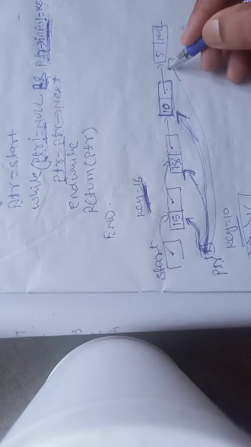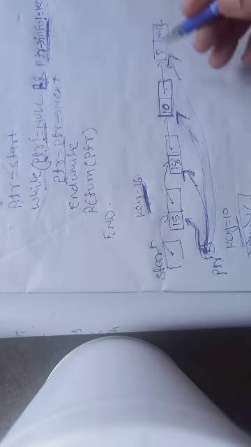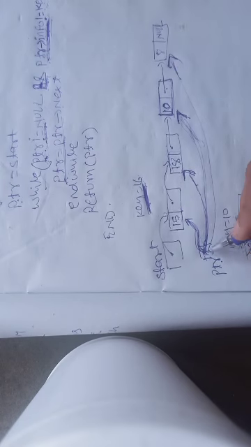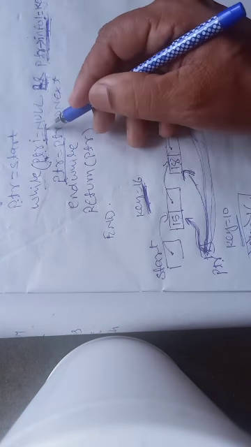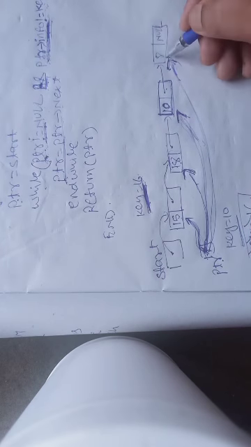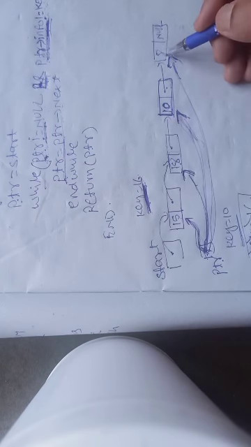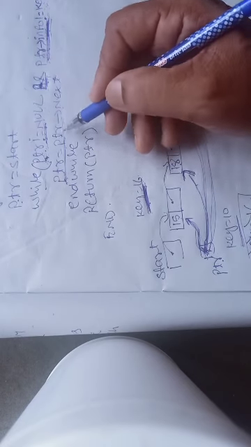When PTR reaches the fourth node, again this condition will be verified. PTR not equal to null, yes, right now PTR is not null. PTR is pointing to some address, some node. So PTR not equal to null is true, and PTR of info not equal to key is also true. PTR of info is 8 and my key is 16. Both are true. So again PTR will be updated: PTR is equal to PTR of next.